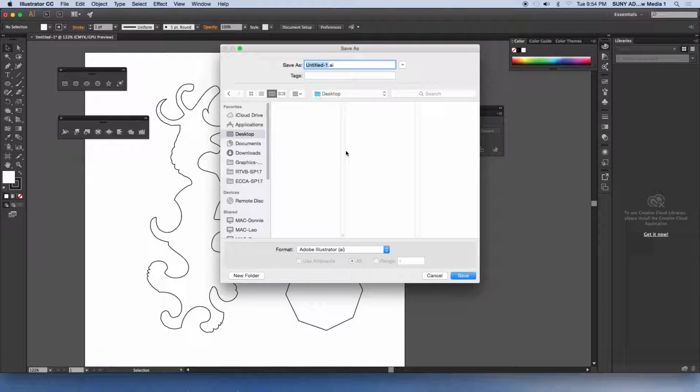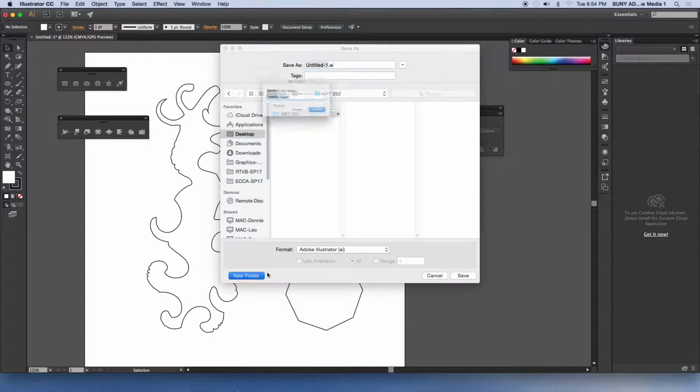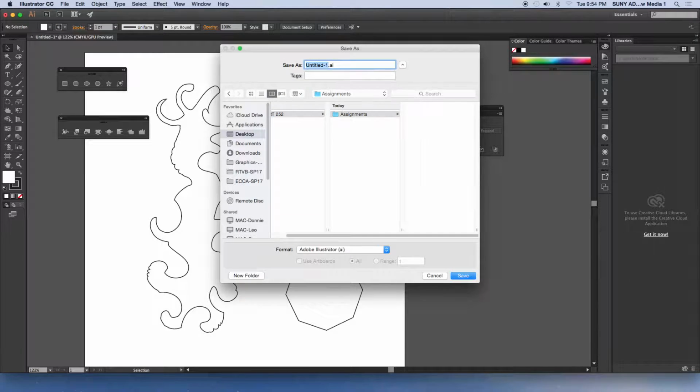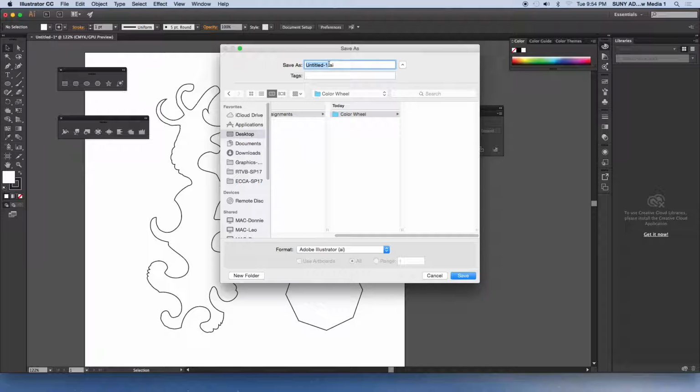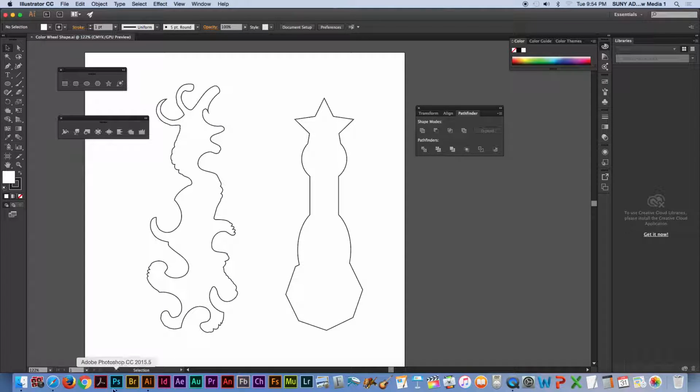And I'm going to just build a folder here. I'll call this Art 252, and this is an assignment, so let's go ahead and make an assignments folder and one more for color wheel. And I'm going to call this thing color wheel shape and say save and say okay. Now in all honesty, I don't really need to save this, but I'm going to,